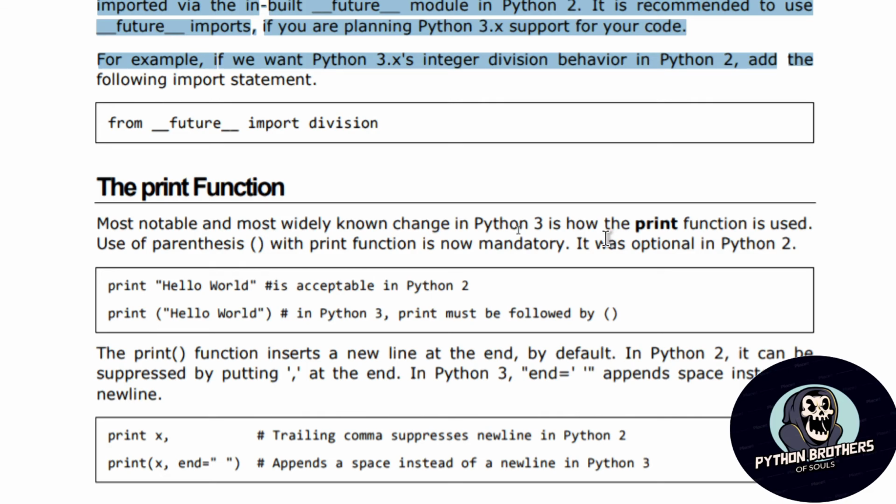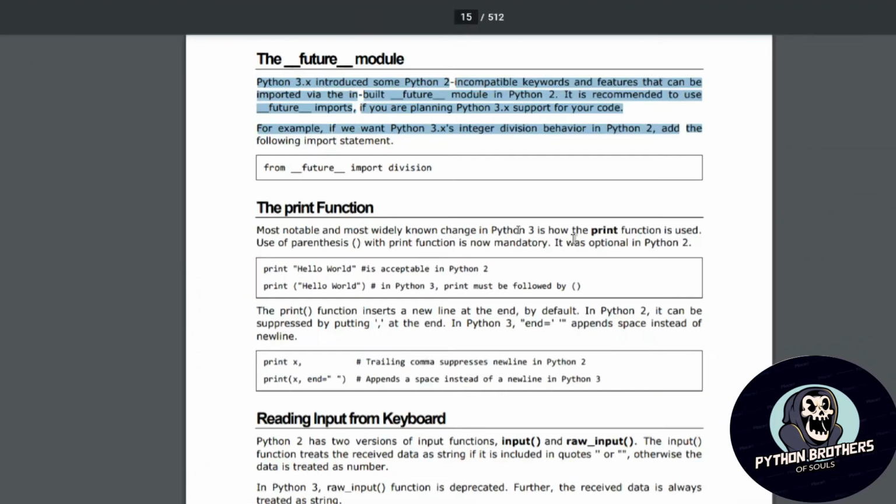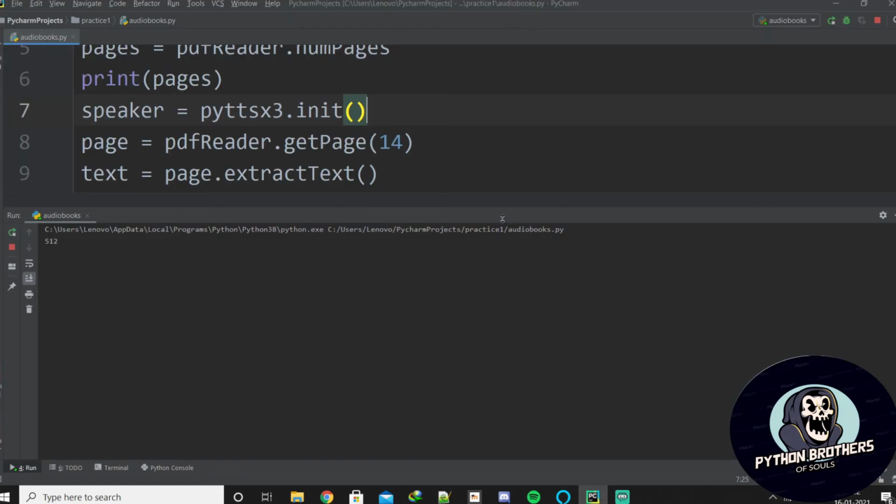Print "hello world" in Python 3. Print must be followed by parentheses. The print function inserts a new